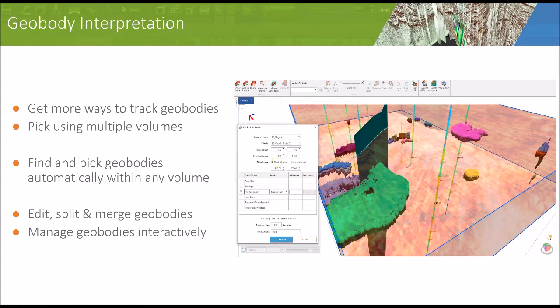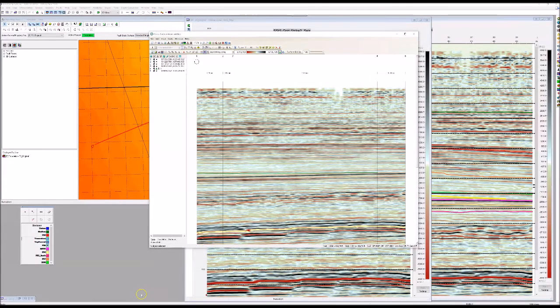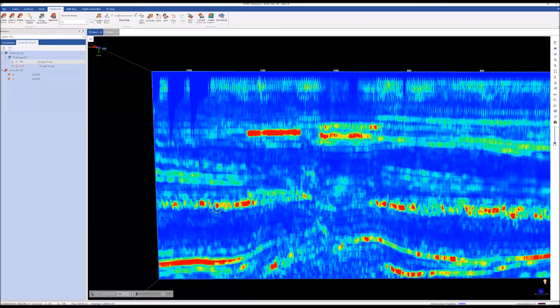And let me tell you what I mean with an example. So the way we did it before was that I have a section with data from the average energy volume, which is a seismic attribute that I generated and then added back as a version to my interpretation. You can see a big bright spot right here, and to pick it as a geobody, I would just throw